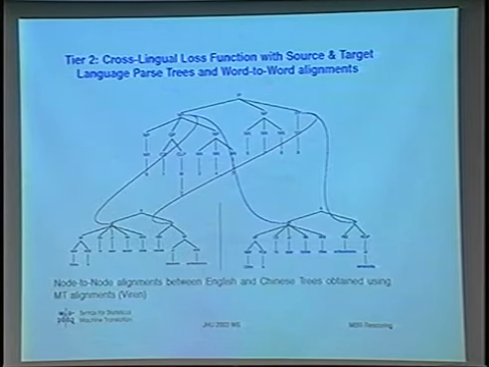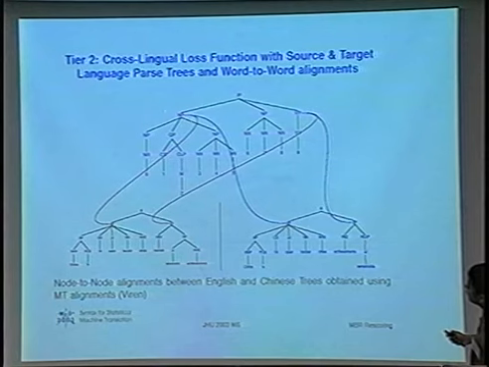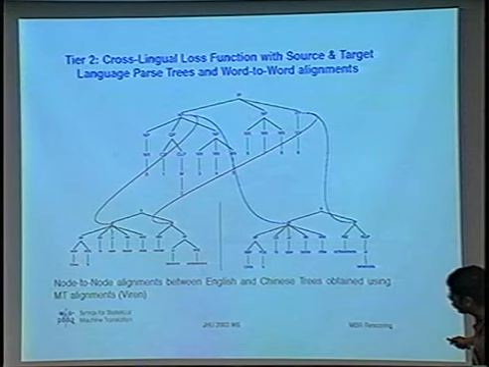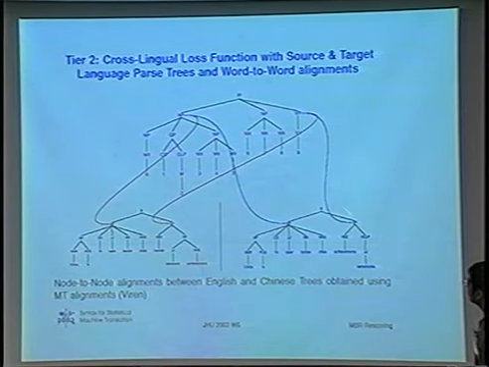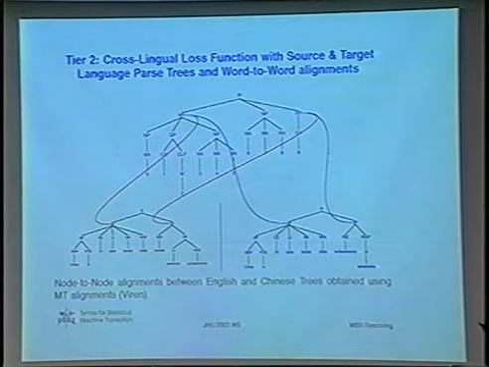So going back to the example again, if we are sitting at this node in the Chinese tree, these two subtrees are in fact identical, so this loss would be 0. Whereas if I look at this VP in the source tree, this subtree rooted at this node is clearly different from this, so here the loss would be 1. So it's a very simple loss function, except that I start from the root in the Chinese tree and go along all the interior nodes, and for each interior node make a comparison between the corresponding subtrees.